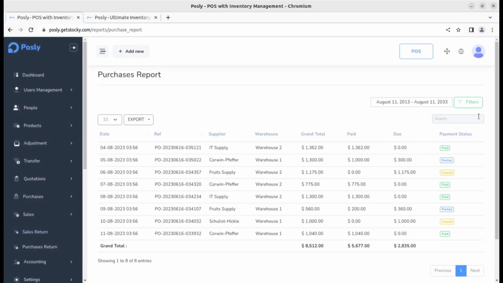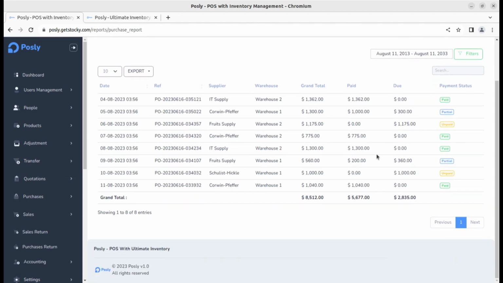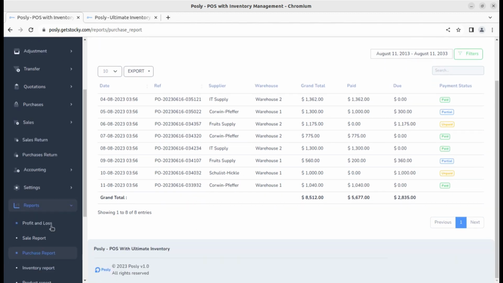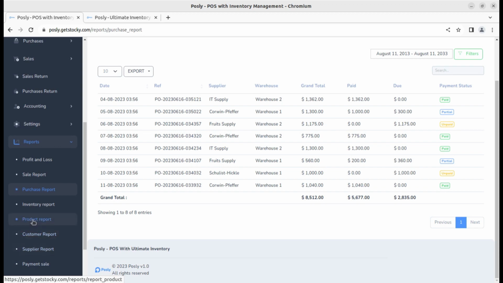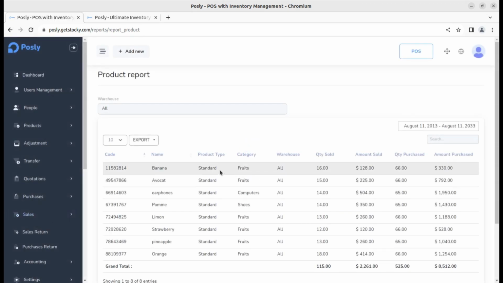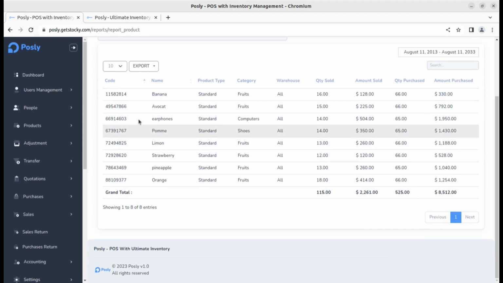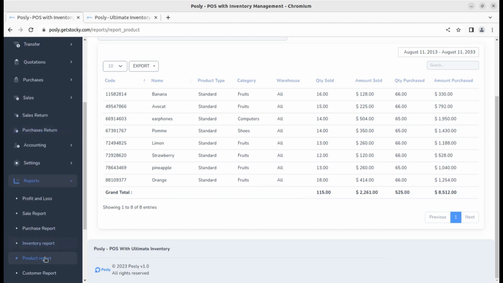Similarly, other reports like purchase reports are here. You can simply check all these reports, and you can further export the data in PDF, Excel or CSV format for further action, just in case you want to do this. So all these details are here, and I can show you others, like the product report is here. So how many products are lying in the system, what is the code of the product, what is the price, just in case you are willing to share with someone, it is readily available